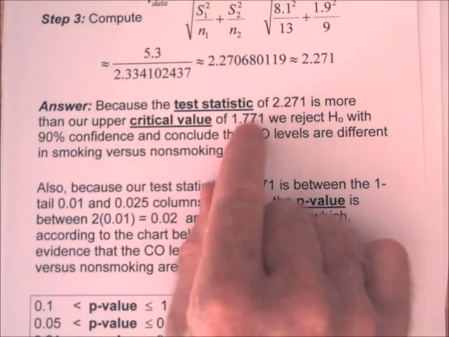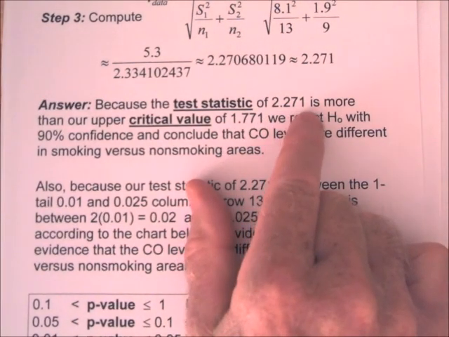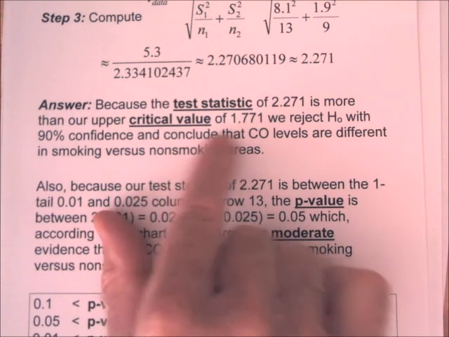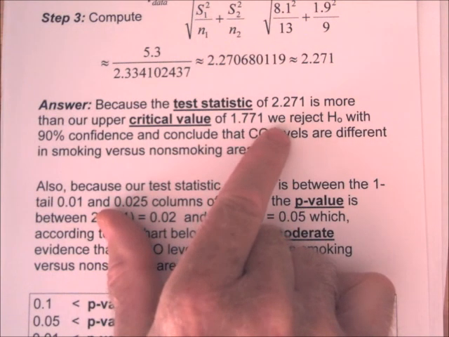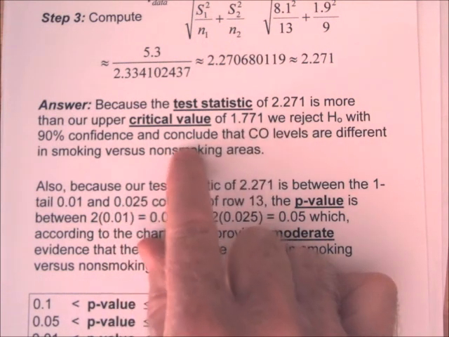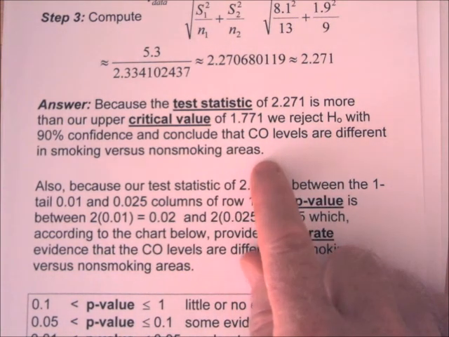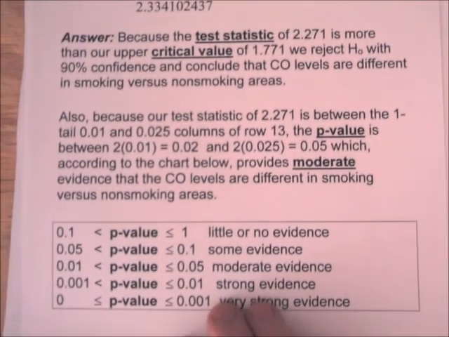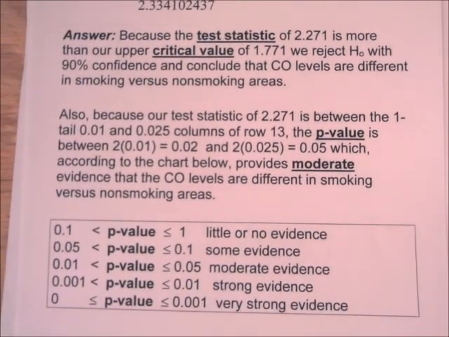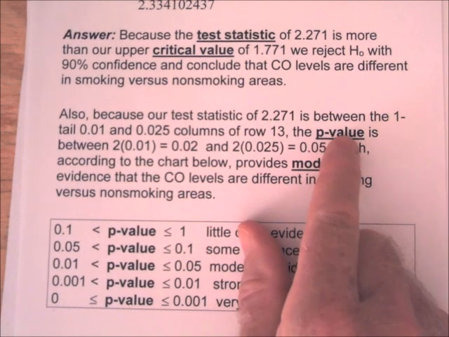So because our test statistic of 2.271 is more than the upper critical value of 1.771, we reject H0 with 90% confidence and conclude the carbon monoxide levels are different in smoking versus non-smoking areas. Also, we can go a little bit further with this. Because our test statistic is between the